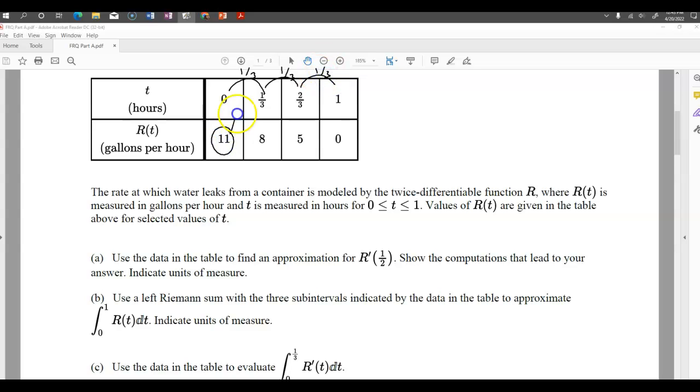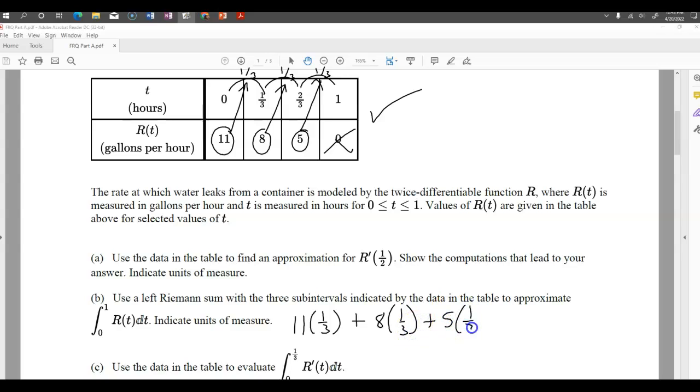So they all have the same base. We start on the left and we do base times height, base times height, base times height, and we leave out the last one. Okay? And so you could do this on your table on an FRQ when you are taking your AP exam, that's fine. But you need to make sure that you show this work in the spot where you're supposed to put your answer. Now technically we don't even have to simplify this. This is good enough as an answer, and I'm not a real big fan of fractions, so I'm just going to leave it. So that's the answer